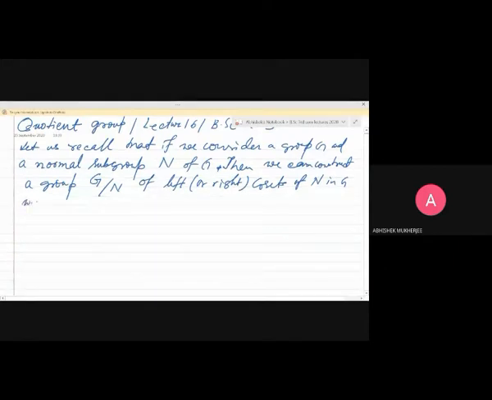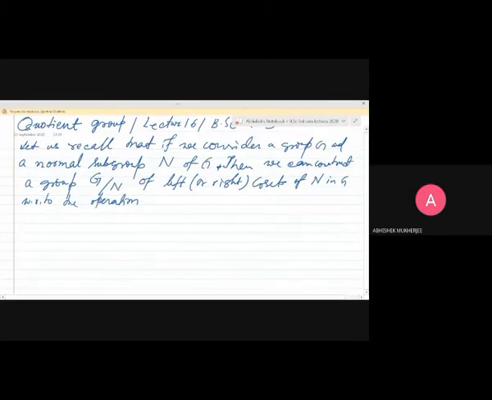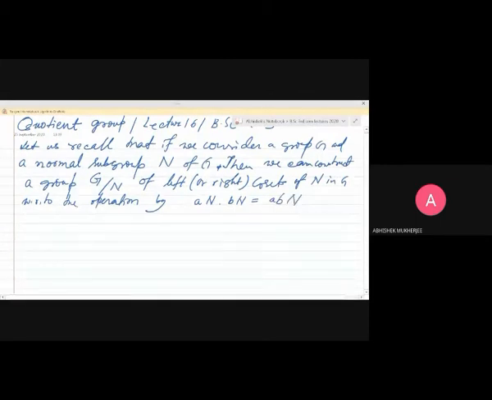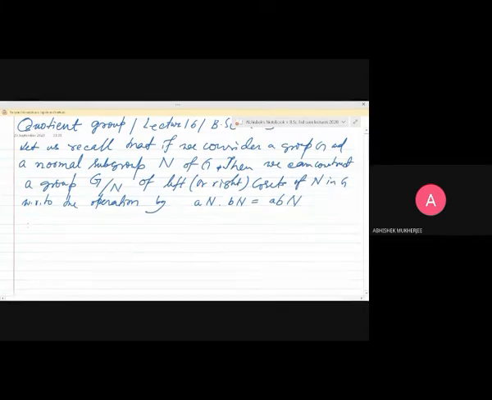with respect to the binary operation defined on G slash N by, suppose you are considering left cosets. So take two left cosets aN and bN, and then it will give you another left coset abN. And with respect to this binary operation, we have proved that G slash N forms a group. So this group has been defined as